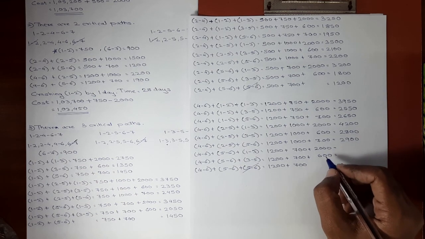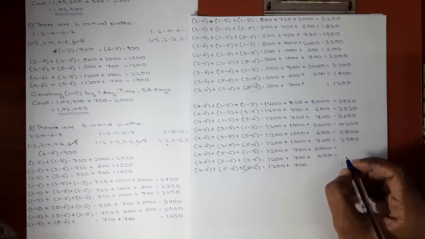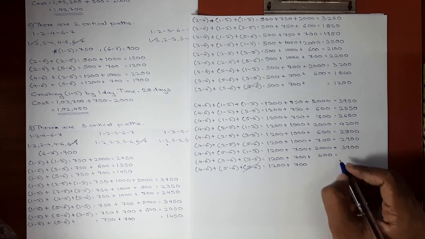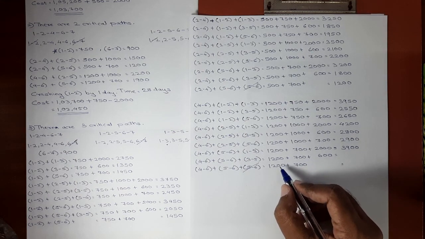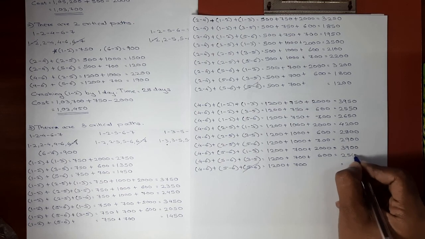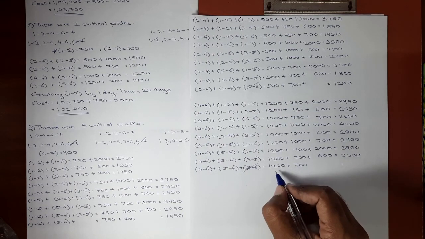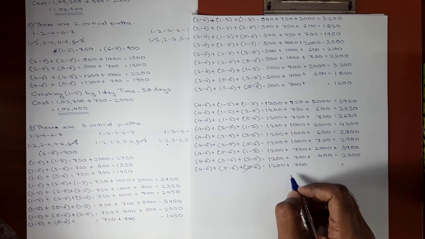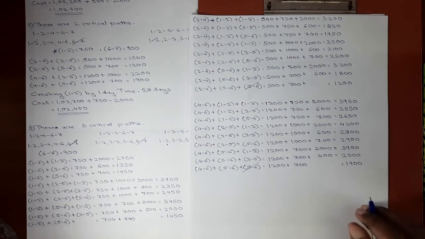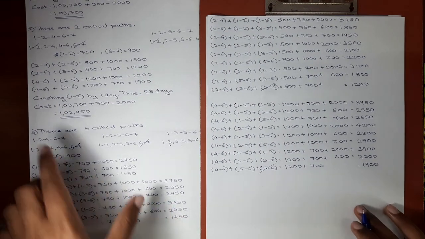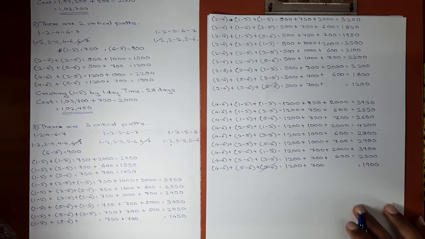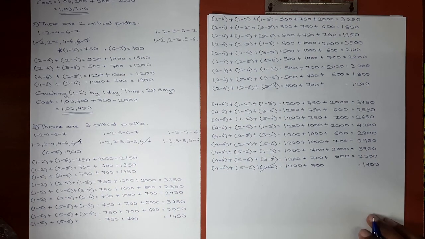In next step, 1200 plus 700 plus 2000, we get the cost slope as 3900. Again 1200 plus 700 plus 600, we get the cost slope as 2500. Now over here 1200 plus 700, we get the cost slope as 1900. Now we can say for our third step of crashing, we have all the combinations. Okay. Now let's see which combination has the least cost slope.